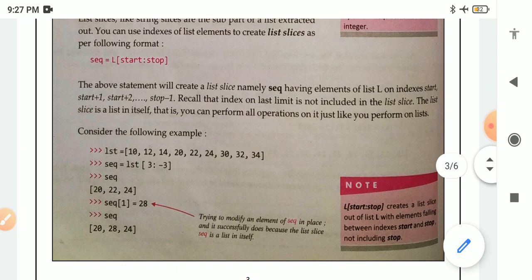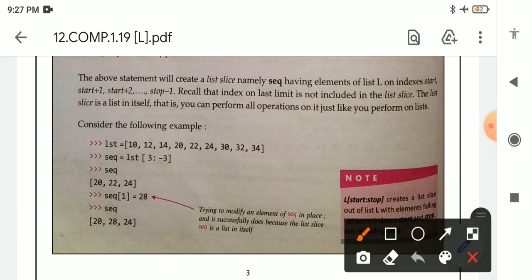See here, there is one list given. The name of the list is lst. It contains these elements: 10, 12, 14, 20, 22, 24, 30, 32 and 34. All these are elements. And this is the syntax: this is the variable name, after that the assignment, this is the list name, and here in square brackets 3 colon -3 is written, and after that the bracket is closed.